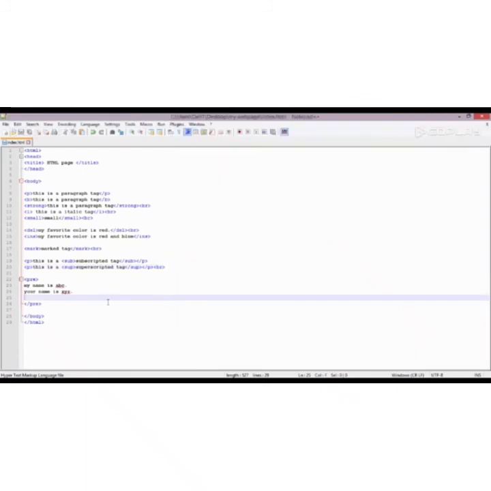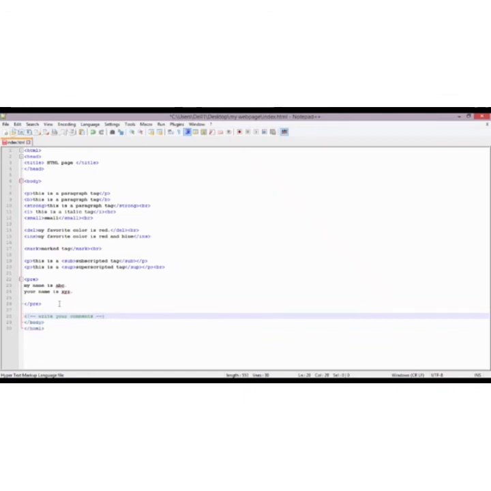Now we'll talk about comments in HTML. Comments in HTML goes like this. Write your comments and then close it.